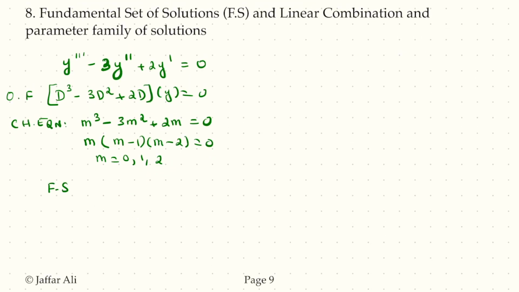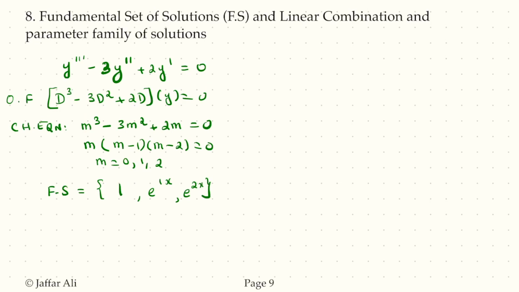which is what I call the fundamental set, is e to the 0x, e to the 1x, and e to the 2x. Let me simplify: e to the 0x is 1, and e to the 1x I can simply write as e to the x. And this set, ladies and gentlemen, is a linearly independent set. Therefore, if you take the linear combination of all these three,